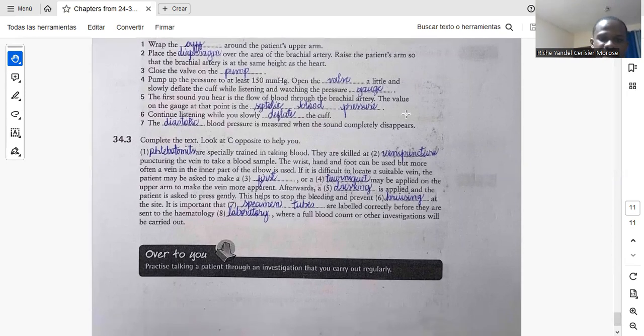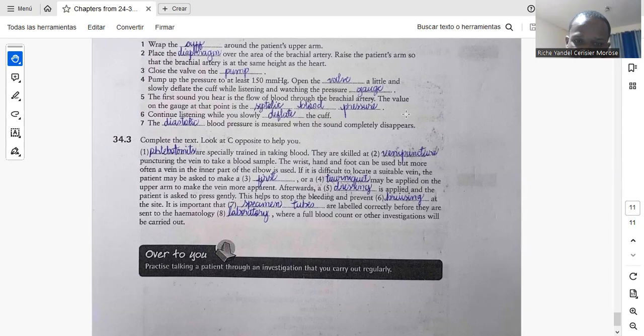Complete the text, looking at the scene opposite to help you. Phlebotomists are specially trained in taking blood. Their skills are venepuncture, puncturing the vein to take a blood sample. The wrist and foot can be used, but more often a vein in the inner elbow is used. If it is difficult to locate a suitable vein, the patient may be asked to make a fist,